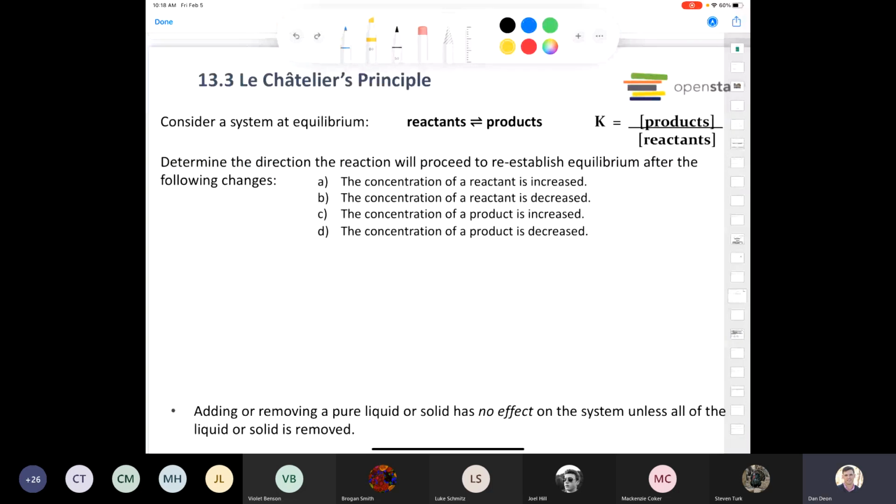So here's that simple example that I gave you. You've got a reaction: reactants in equilibrium with products. Doesn't get any simpler than that. Here's your K: concentration of product divided by concentration of reactants. Okay? What's going to happen if the concentration of a reactant is increased? It's asking us, which direction is the equilibrium going to shift to? Is it going to shift to the left or to the right? So in A,